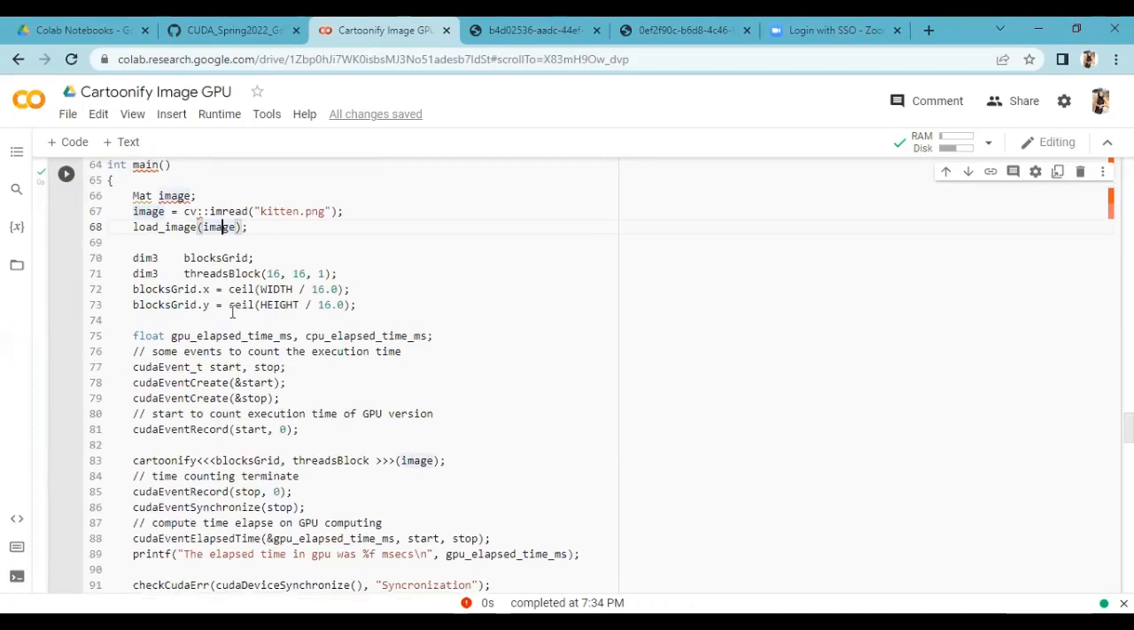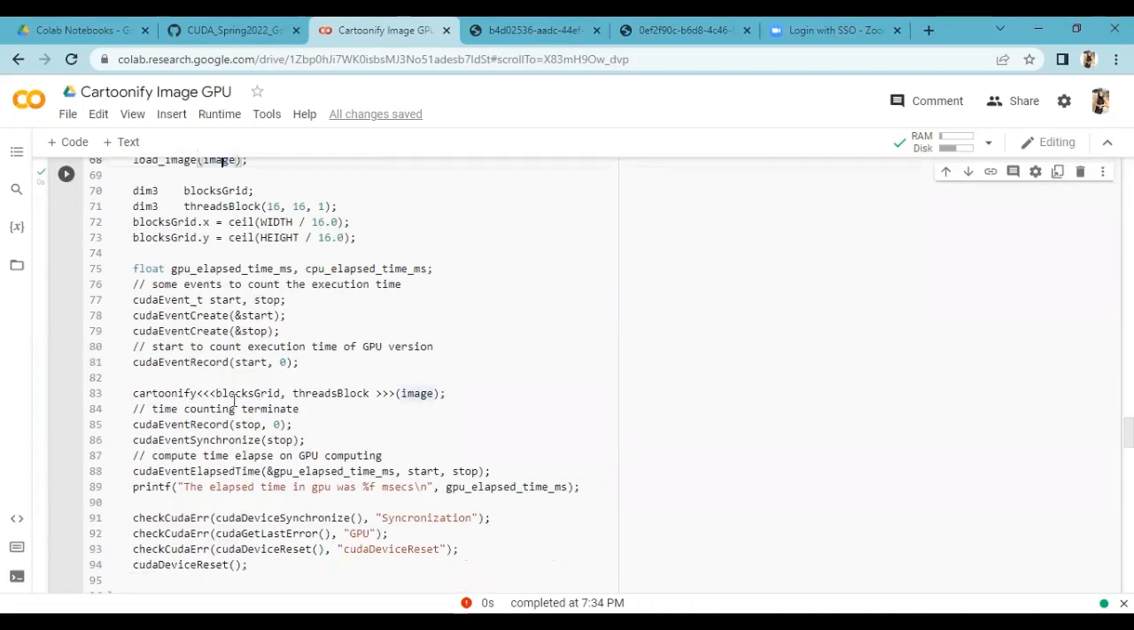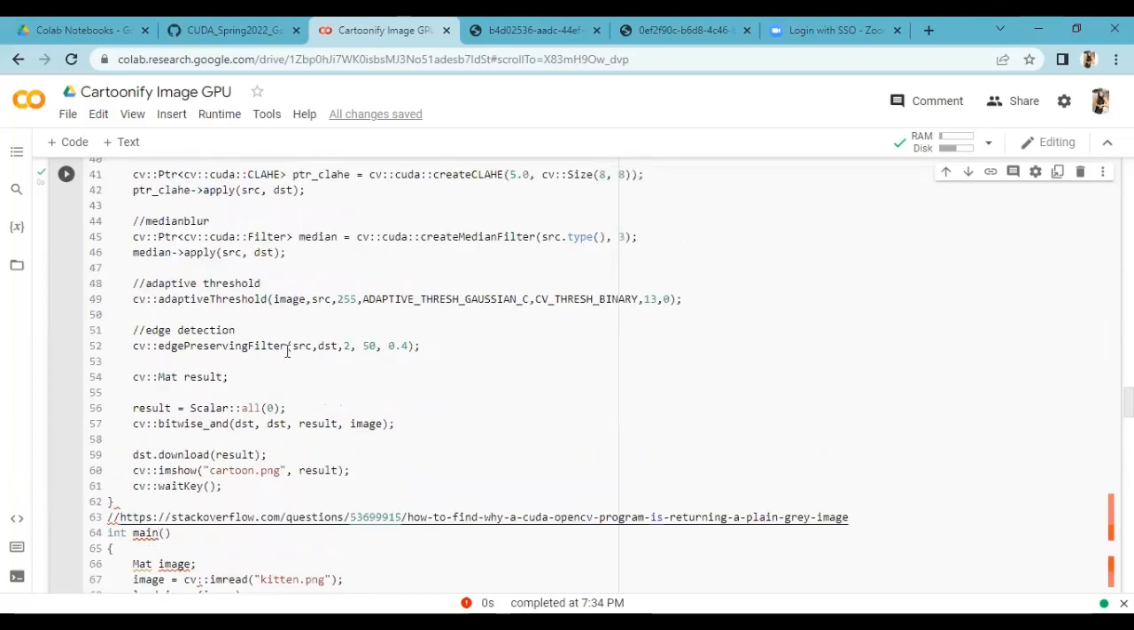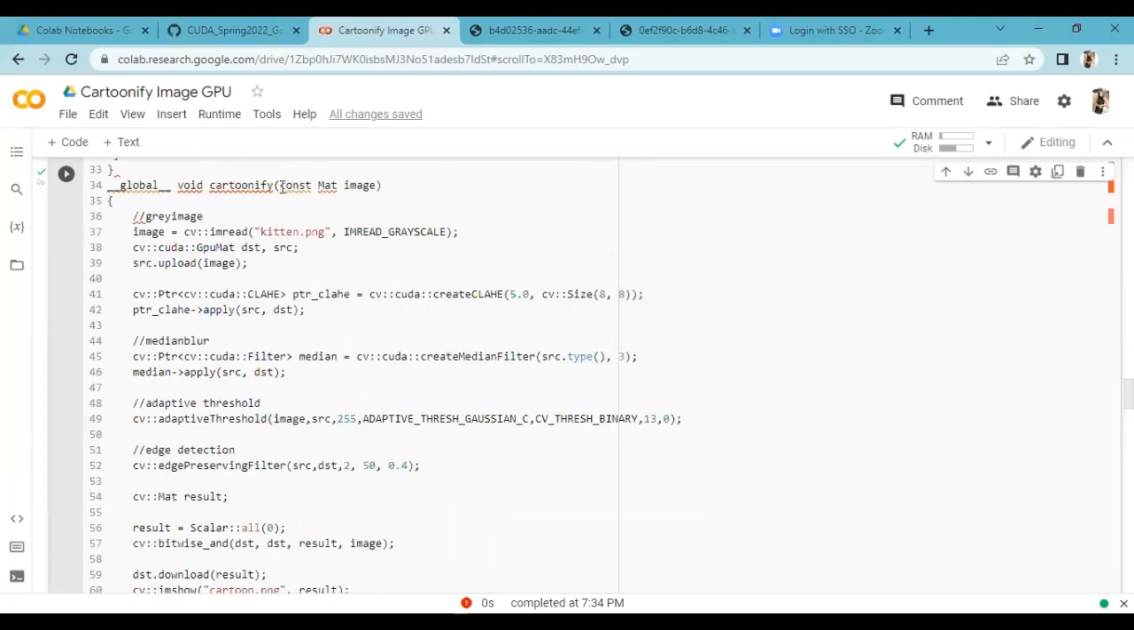So what we have done is call this Cartoonify kernel, and we are doing the exact same thing we did in our CPU version, but this time we are using the GpuMat function, which is for the GPU kernel. This function takes an image parameter, reads the file, and then converts it into grayscale. Before moving towards that, I would like to add